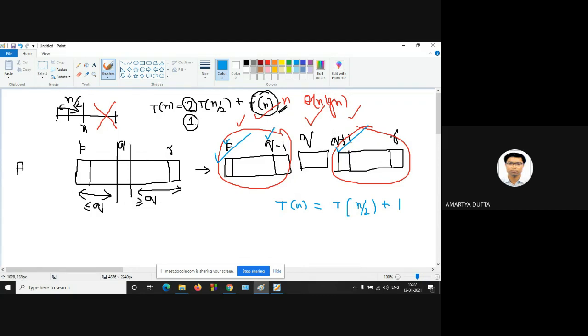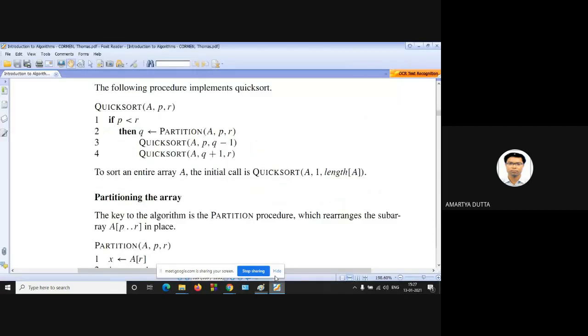For the second, q+1 is the second argument and r is the last argument. Here q is called the pivot point, stored from Partition(A, p, r). So the quick sort function contains these four lines.